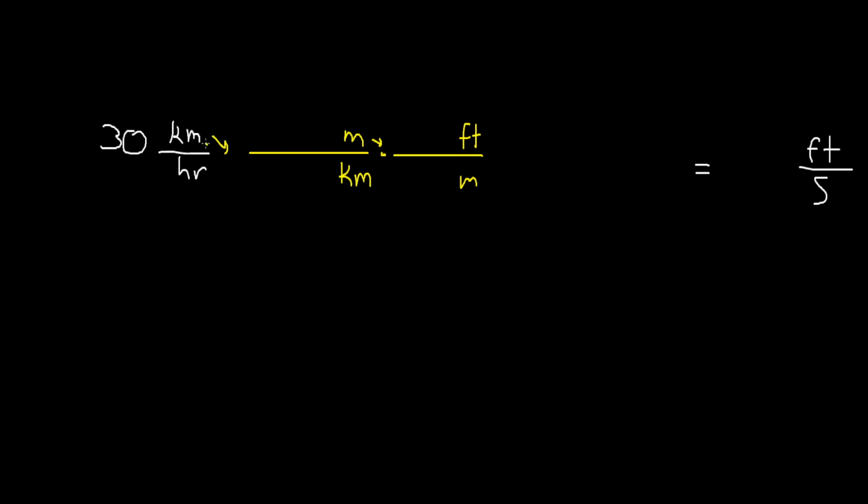So what's going to happen here is kilometer is going to cancel kilometer, meter is going to cancel meter, and then we'll just be left with feet on top. Now, I don't want to scratch out my units just yet. I want to make sure I get my numbers in there and get those right first. But that's going to be what happens on the algebra side of things. So 1 kilometer is equal to 1,000 meters. If you need to go back and check the